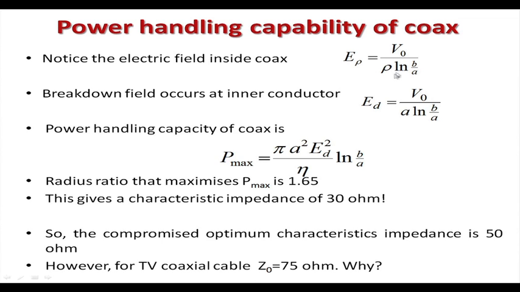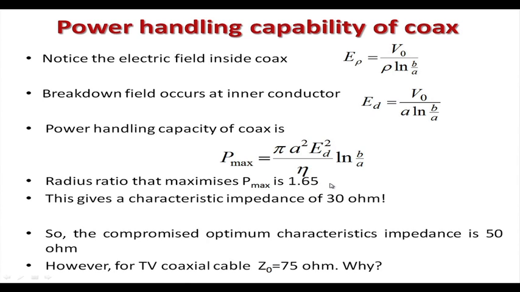So, when rho is minimum, E will be maximum. So, breakdown occurs at the inner conductor, and that breakdown value is this. So, for the power handling capacity of coax, you find out for this E_D what is the maximum power that gets created there. Now, maximize P max with respect to this ratio xi, B by A,